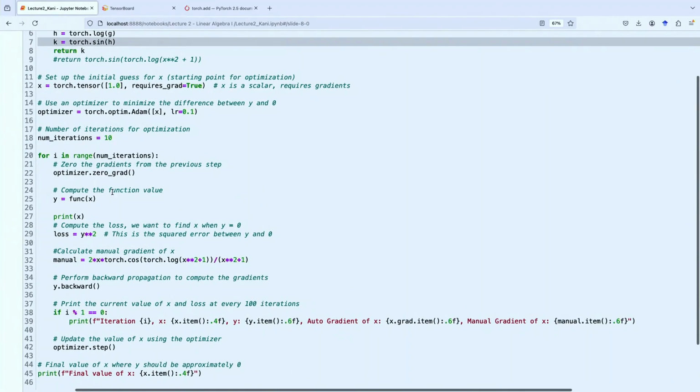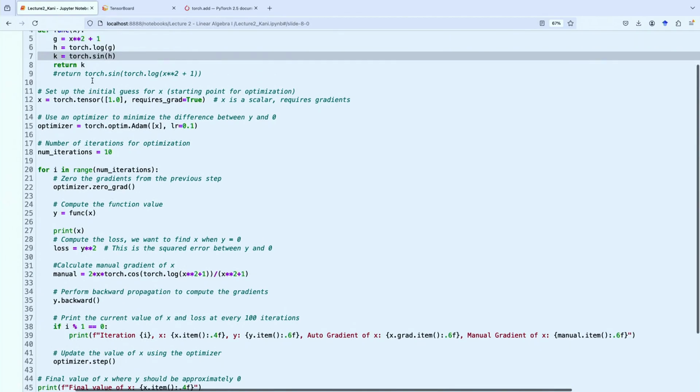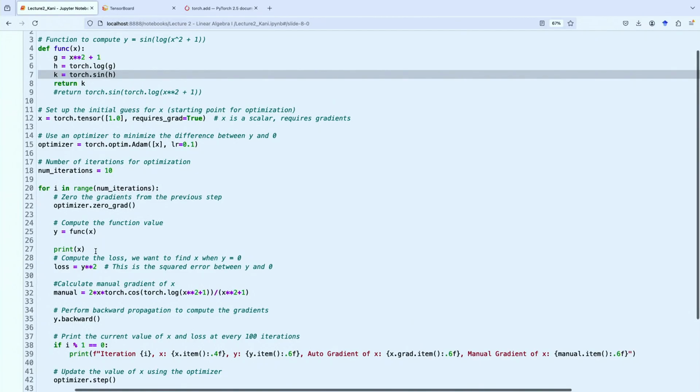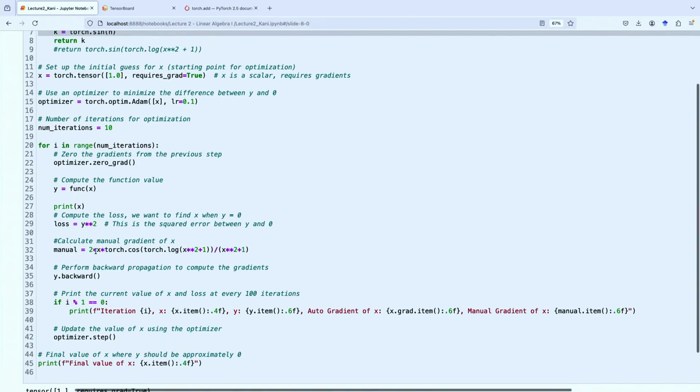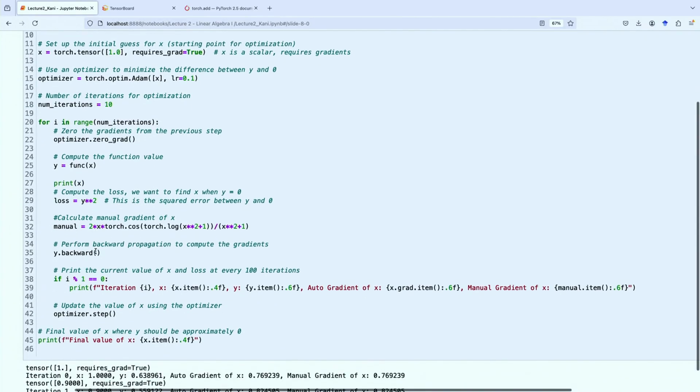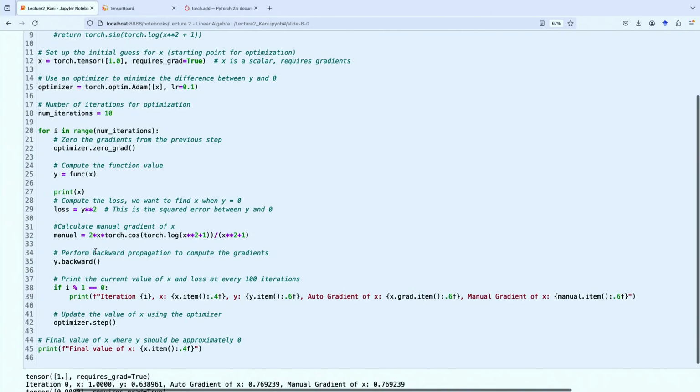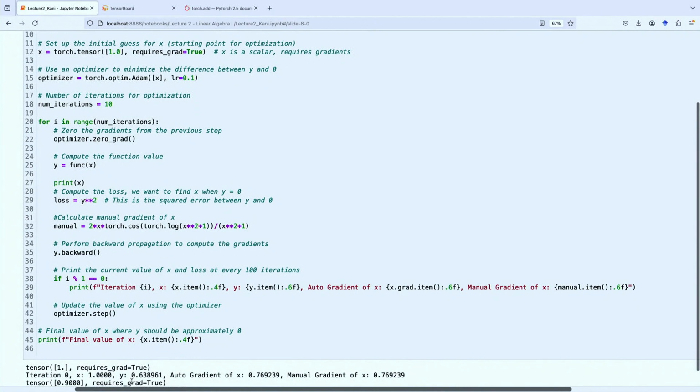Okay? So we initialize this optimizer. We zero all the gradients. We set y equal to this composite function here. And so after a first step, we see x is equal to 1, and y,